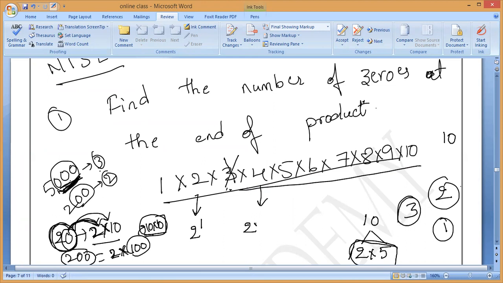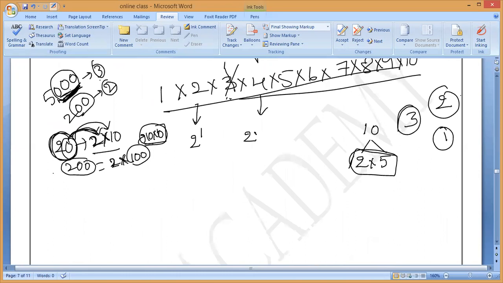Ma'am, why are we taking factors of 10? See, I will explain. Listen. Suppose if we take 20, how many zeros are there? 1 zero, sir. Say 20, I can write as a product of 2 into 10, which has how many zeros? 1 zero, correct? In the same way, if you observe 200, how many zeros are there? 2 zeros. 200 means I can write it as a product of tens.